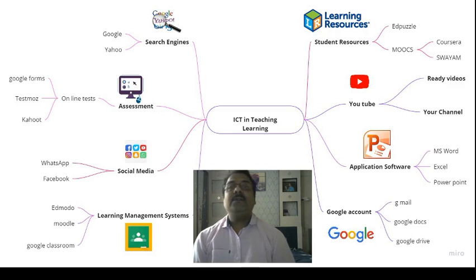We can also incorporate social media. Social media, as you know well, WhatsApp, Facebook, Twitter, YouTube, these are different social media. And these social media can also be used for the teaching learning process. A teacher can create his own WhatsApp group or Facebook group with the students and share some notes on those platforms. All instructions can be given through WhatsApp. And most of the schools nowadays are doing this, right? So social media can also be used.